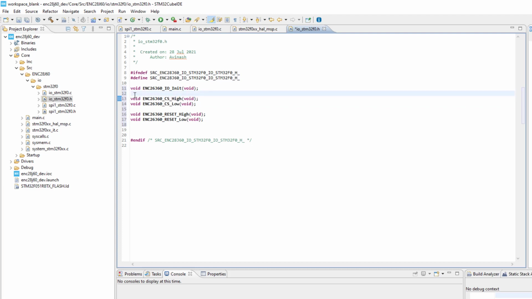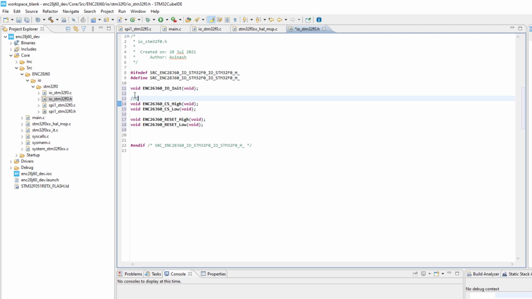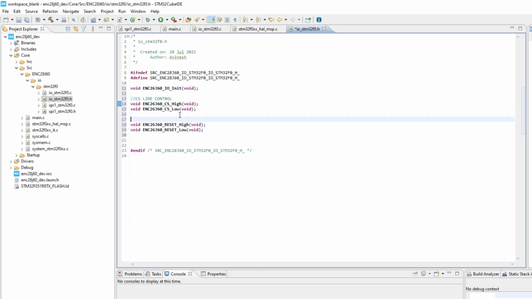These two functions control the CS line, and similarly these two functions control the reset line, so I have grouped them together. So now the files are very clean and organized, and here you also have to include the HAL file.